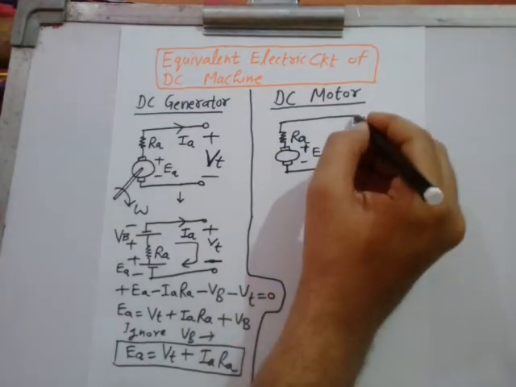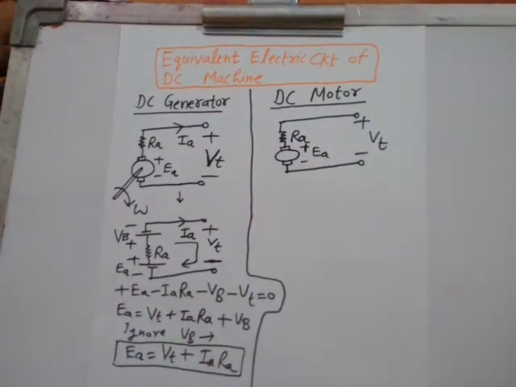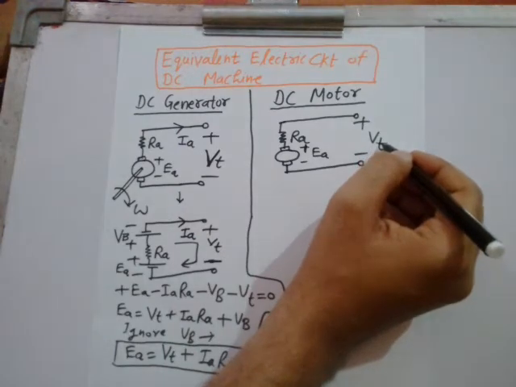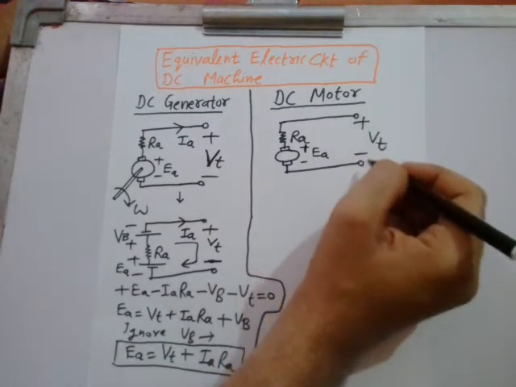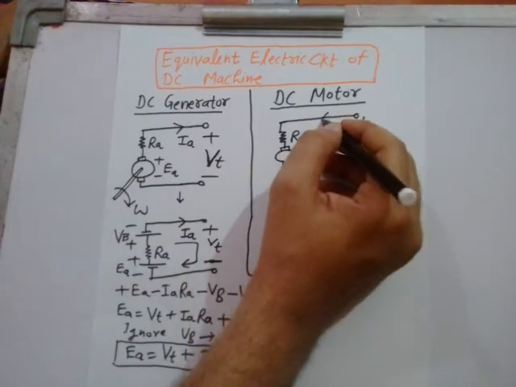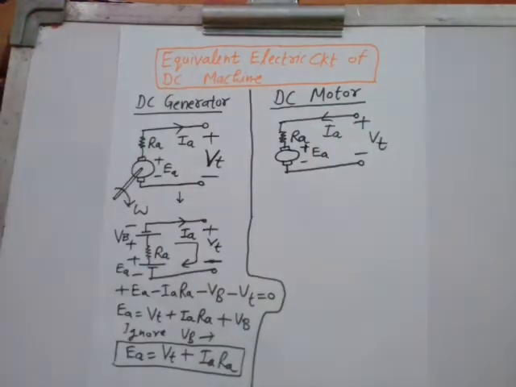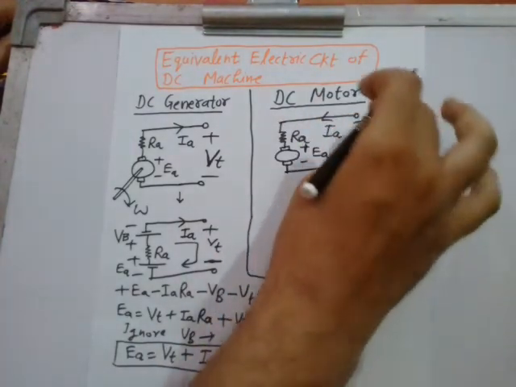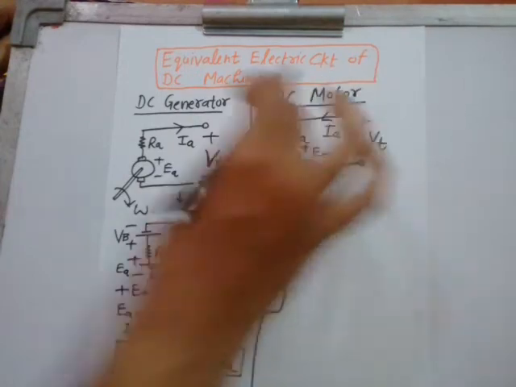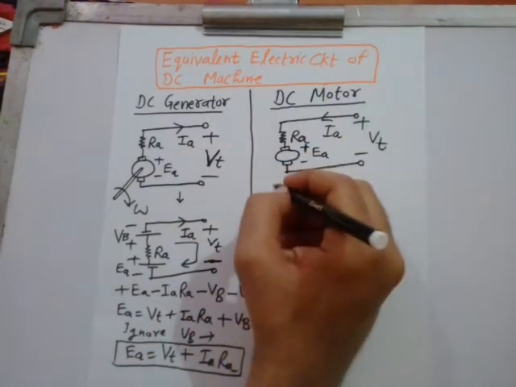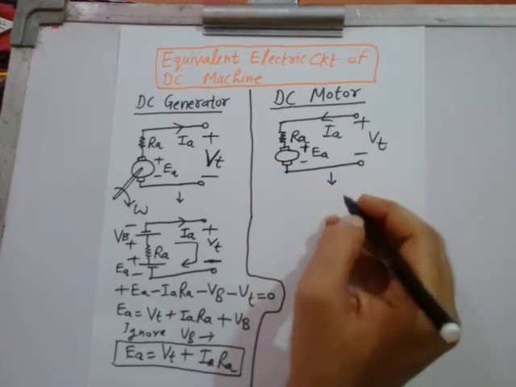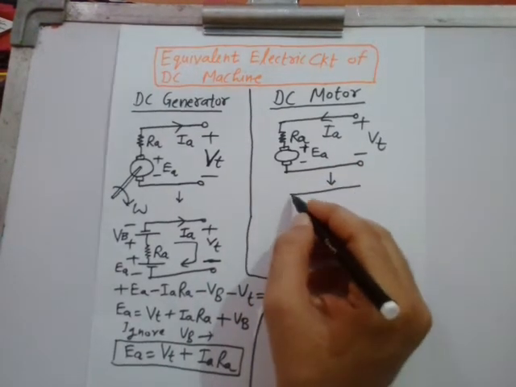In the DC motor, first you will provide the supply voltage to the terminal, that means VT is the input. So the current will always flow from terminal to armature in case of the DC motor. This is the direction of armature current. So which is more, VT or EA? Definitely VT is more, because current always flows from higher potential to lower potential. So I will write the circuit equation for the DC motor. You can again draw this diagram like this.